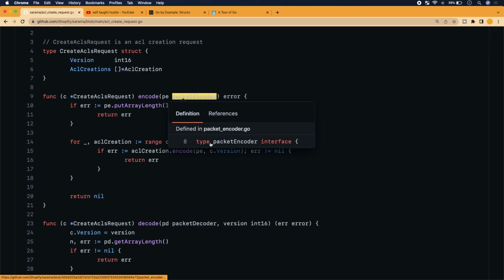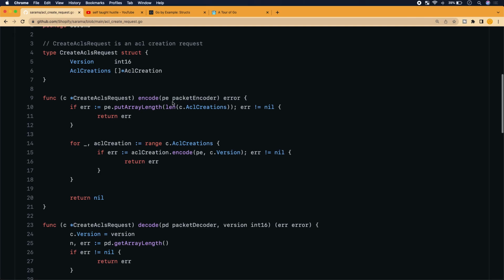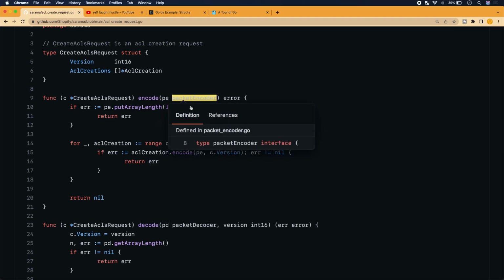Oh, okay, cool, nice. It even gives you the type. So this is some sort of interface that they're implementing. The way to think about an interface is that it's like an abstraction that, when you implement it, or at least this is what I remember from Java, is kind of like the idea that you're going to set something up within it, right? It's just a placeholder for, hey, I'm going to implement this later, and this is the implementation of an interface here. It seems like, if this is correct, it's defined in packet